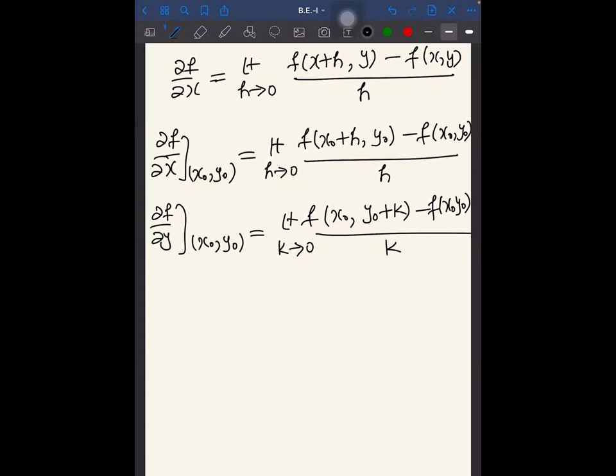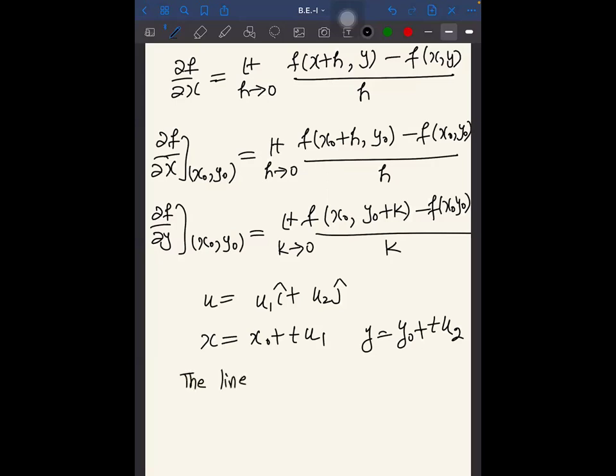Okay, so I'll give the general definition. If you want to find out the derivative in any direction, we take that direction as u1 i plus u2 j, right? And we know that in any direction we will take the point as x naught plus t u1 and y naught plus t u2. ऐसा ही था, ये तो हमने किया था ना, बोलो. Yes, sir. The line passing through the P naught, है ना, and parallel to the U.